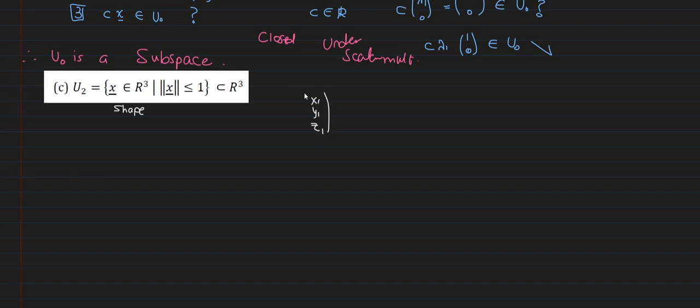This is a component or an element that we can call X that belongs to R3, right? Because it's composed of 3 components. Very well. What's the condition? The condition is that its norm is less than or equal to 1. Remember the norm? The norm of such a vector